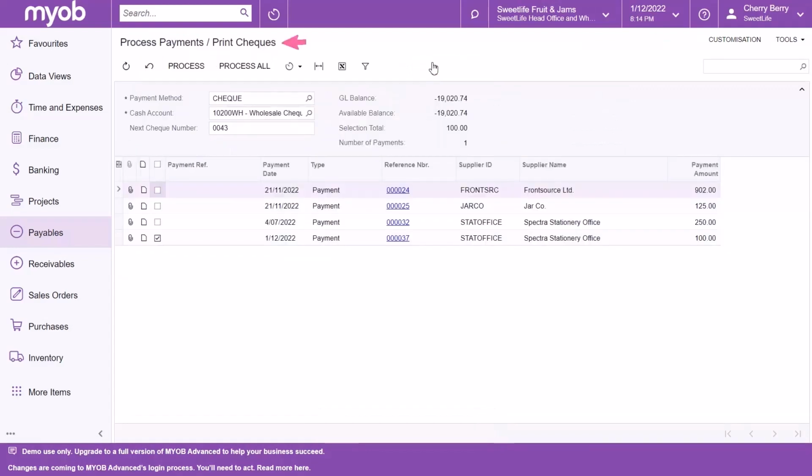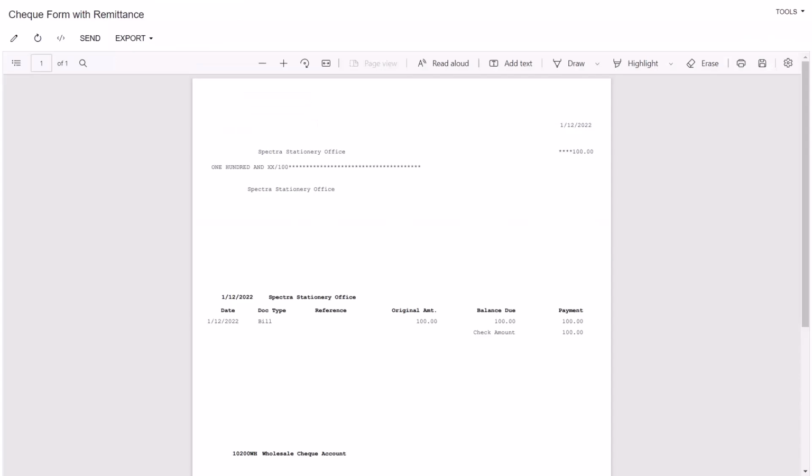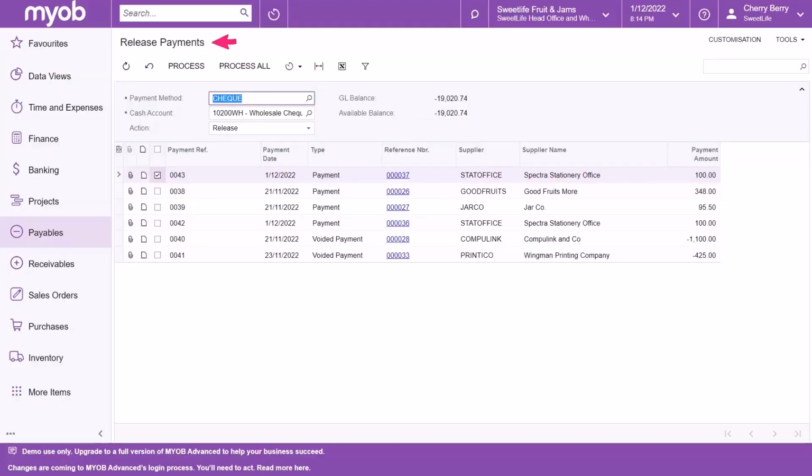The system navigates to the Process Payments Print Checks form. Review the details of the check and click the Process button to proceed. The system opens a separate browser tab showing the printable version of the check. For the purposes of this demonstration, we'll not actually print the check, and note that the form changes to Release